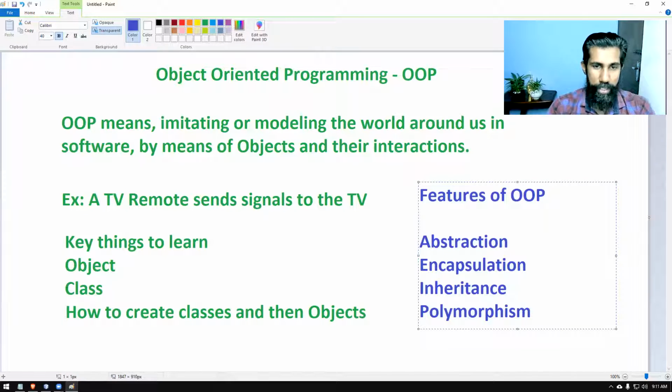Abstraction, encapsulation, inheritance, and polymorphism. These are the four features of object-oriented programming. Each feature we can practically learn, implement and see.